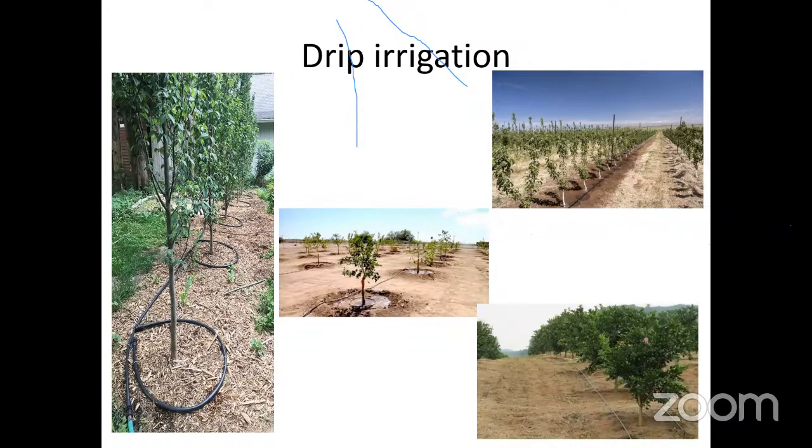Also, there are other fungal diseases that can be transmitted through the irrigation water, and it can infect one tree from the other. So we should be careful about that issue.